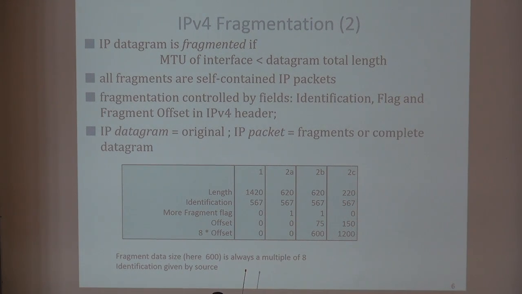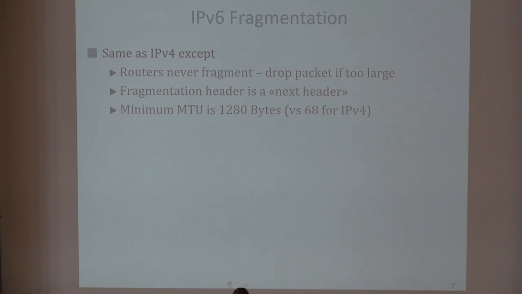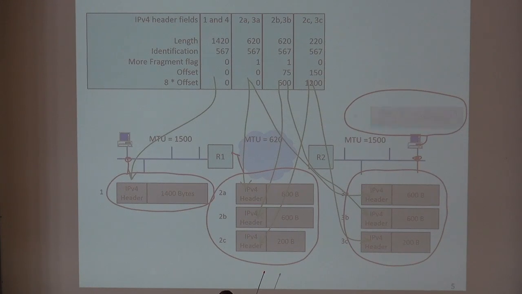So I think I've explained all this. For IPv6, it's the same with a modification. In principle, with IPv6, routers never fragment. In the example I gave here, it was the router R1 that fragmented. In IPv6, that will never occur. In IPv6, we consider fragmentation as a thing of the past, so we don't do it. But sources may be able to do it.